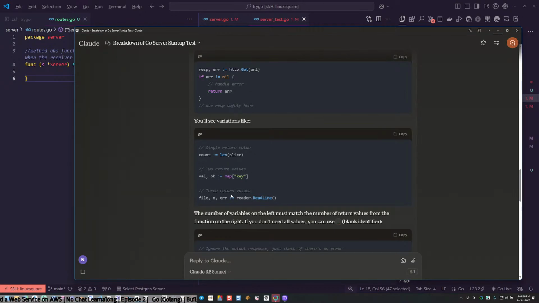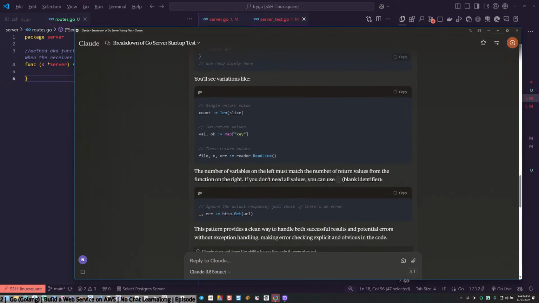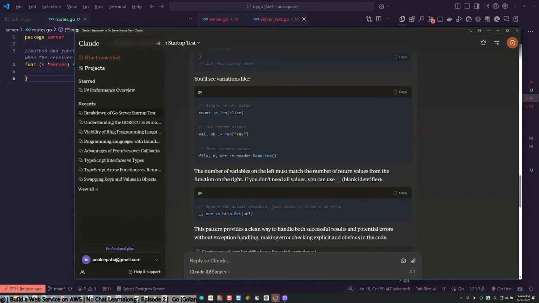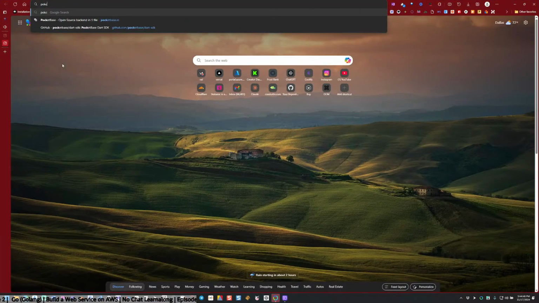Three return values, file in here. Okay, well, okay. The number of variables on the left must match the number of return values from the function on the right. I see. So you can make your functions pretty beefy. I guess in that sense, that's a good thing.